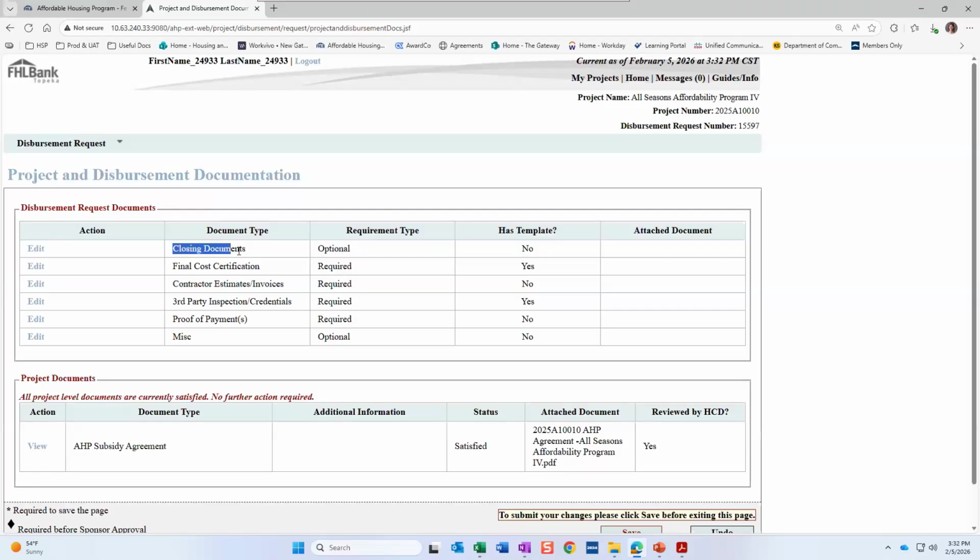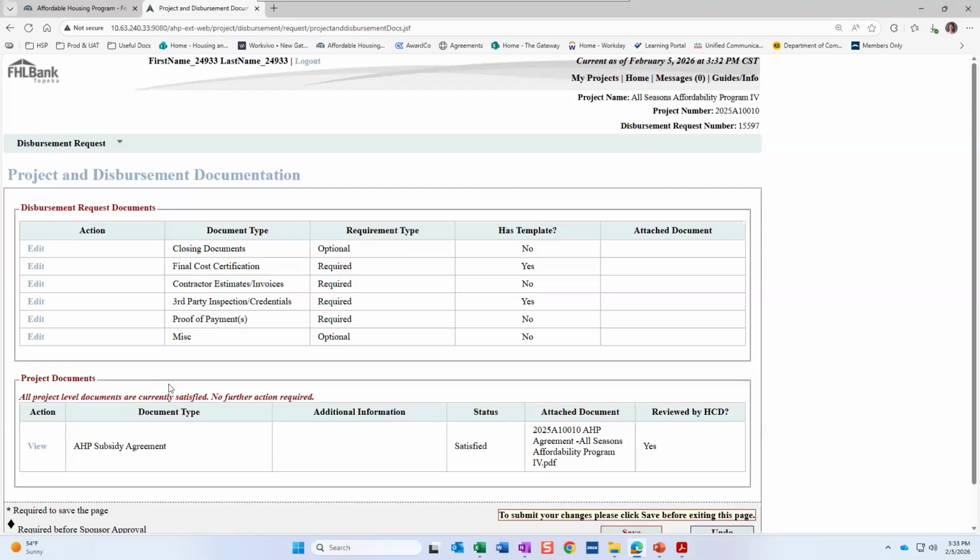It'll ask for the closing disclosure. So that will be one document. It'll ask for the real estate retention agreement, and then it'll have a miscellaneous box, and that is it. So it'll just have the three. So you'll upload your closing disclosure to this screen, the recorded real estate retention agreement, and then there's that miscellaneous box available there in case there's anything additional that you need to provide to us that doesn't fit into an upload box somewhere else, or you think may be helpful for the review.